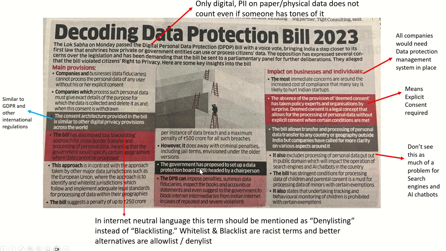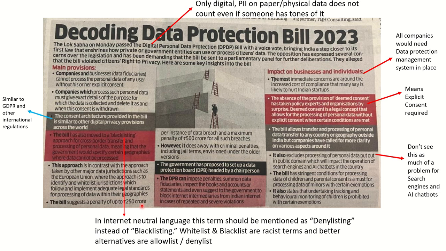Apart from that, the next provision is that there will be a data protection board headed by a data chairperson. So this data protection board will be the regulatory body which will be responsible for imposing penalties on businesses, inspecting the books and accounts or statements, or even suggesting to the government to block internet intermediaries from Indian internet in case of any severe violations.